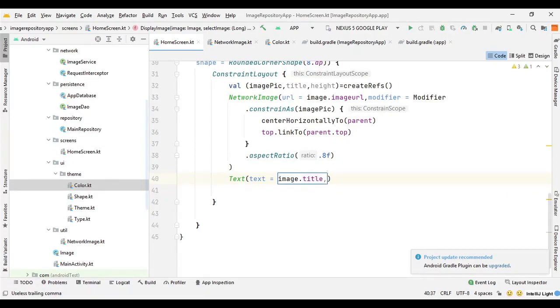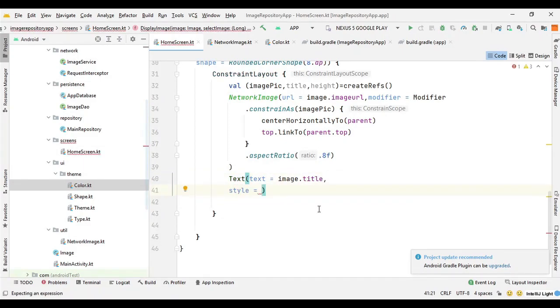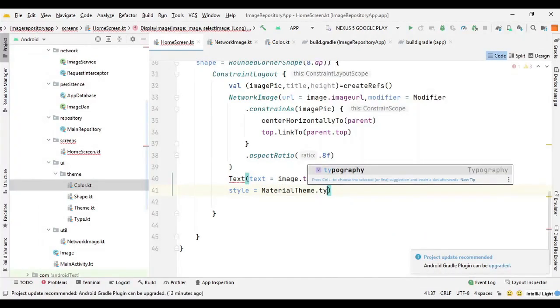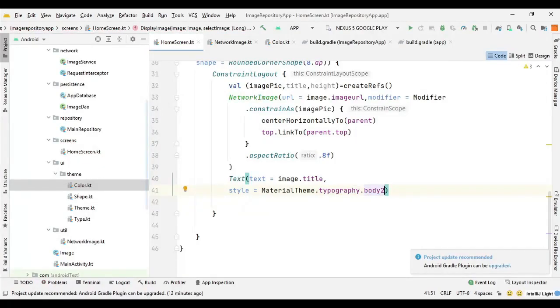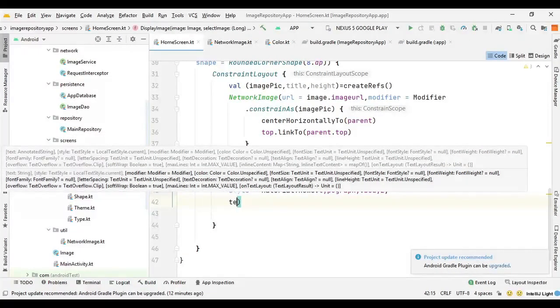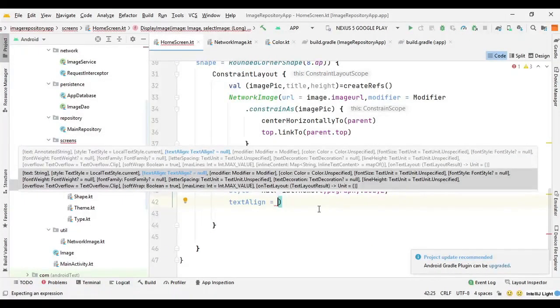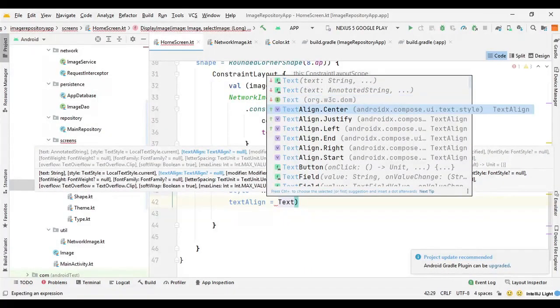Then we can provide some styling, so we can say comma style. Again we are going with the material theme dot typography dot body 2, and then we can align it to center, so we can say text align and text align dot center,